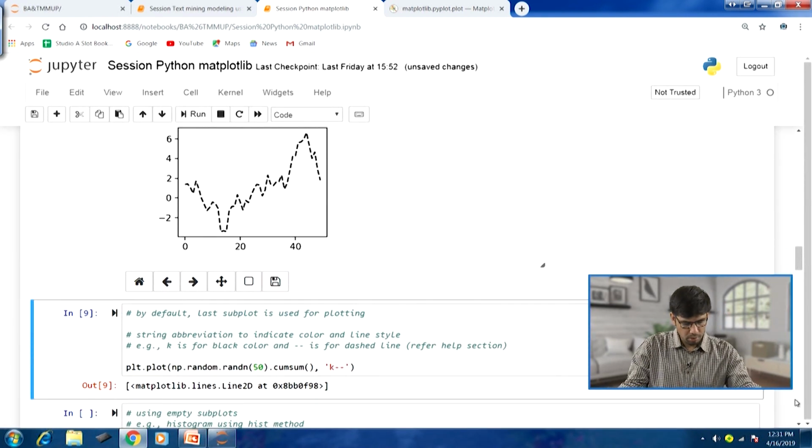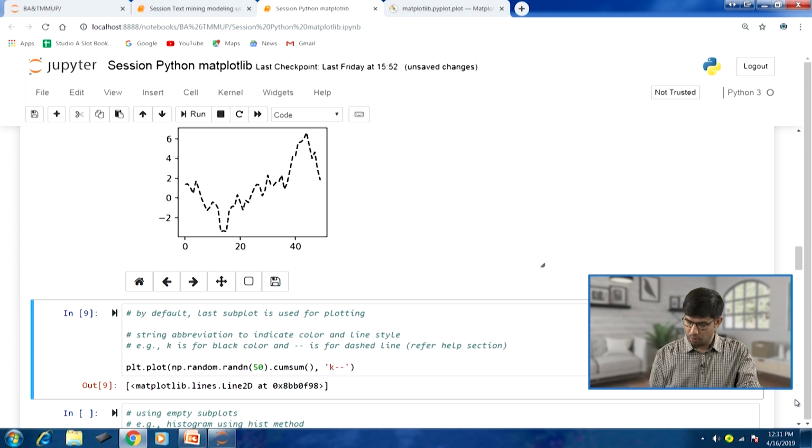We had this random data and cumulative sum of these random values. This is the kind of plot that you can see in the figure object, index 3. You can see this is a dashed line and black color has been used to generate this plot.